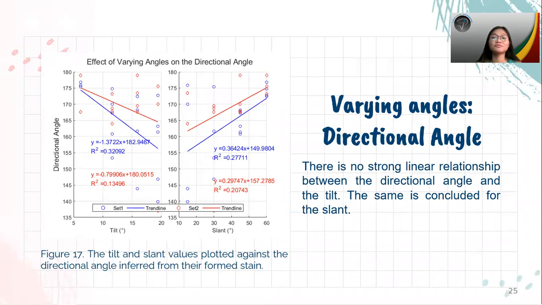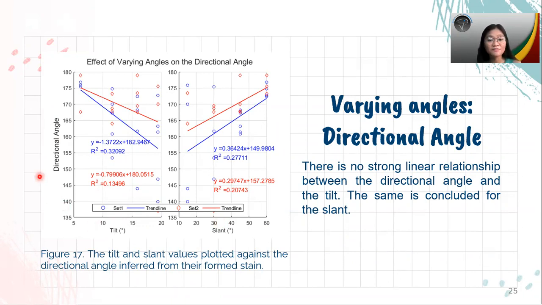Now, a strong correlation between the directionality of the stains and the two angles of the platform could not be established as shown here. However, in earlier comparisons of the tilt against other values, such as eccentricity and impact angle, the goodness of fit are in the 0.019 to 0.027 range. Now, the goodness of fit for the tilt in this case is 1 order of magnitude greater than previous fits. So here we can say that a weak linear relationship between the tilt and the directional angle exists for small